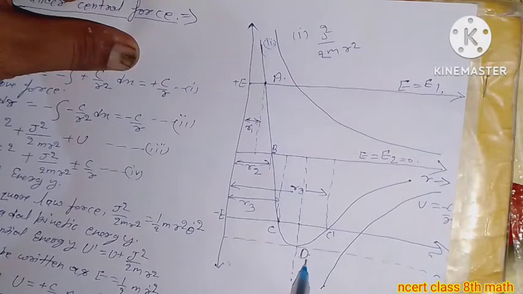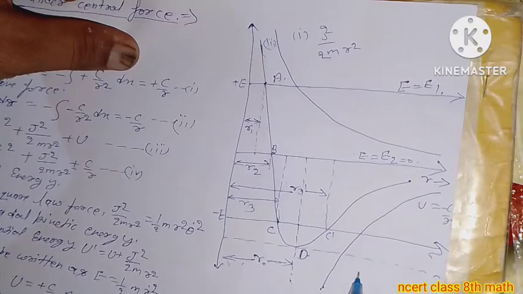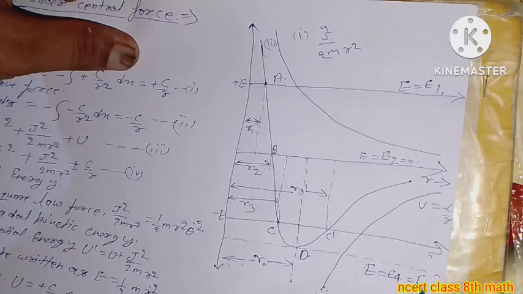This is point D, and this is R naught. This line is the second curve, and this line is E equal to E4 equal to E